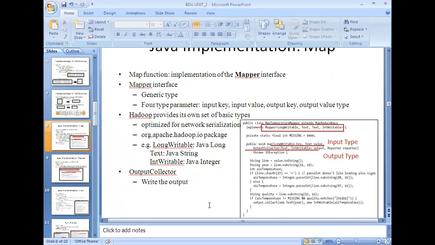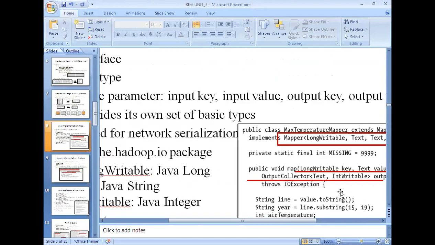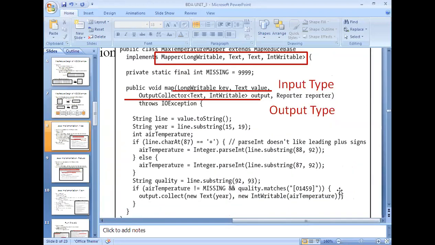So these are the inputs and outputs of the mapper logic. Now let us look at the code. Are you able to see this? Now I think it is visible to you. All right, so this is the code which will take inputs and produce the intermediary outputs. Let us see what happens in this case.